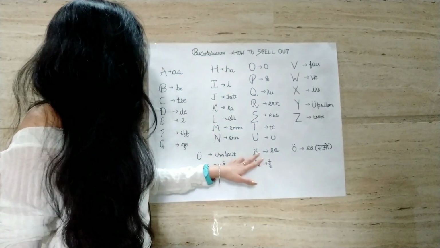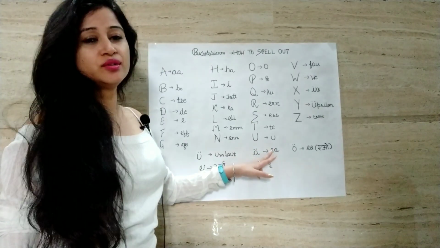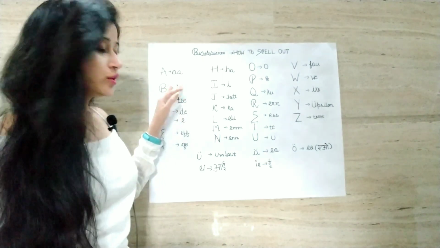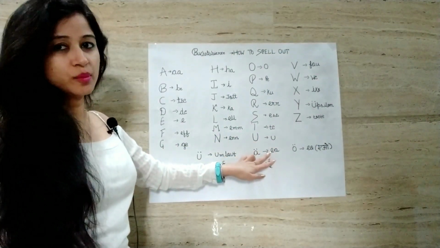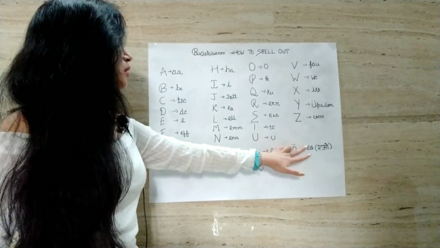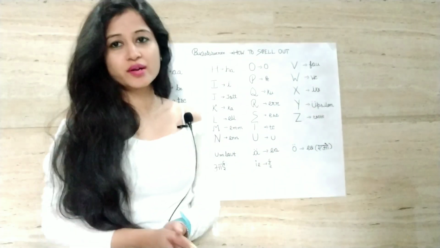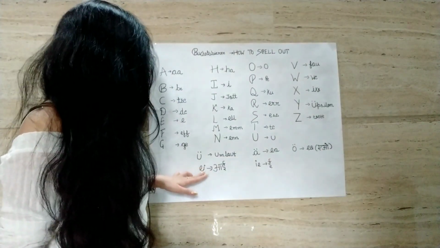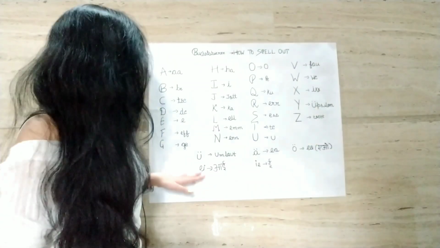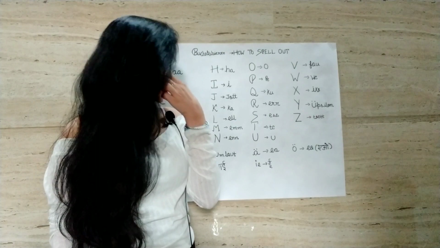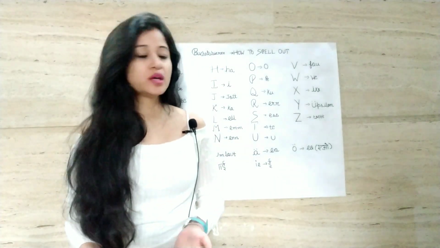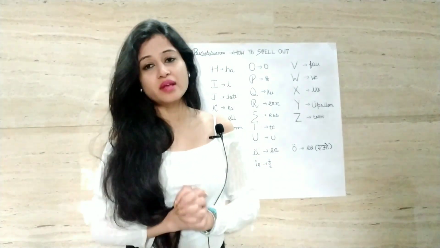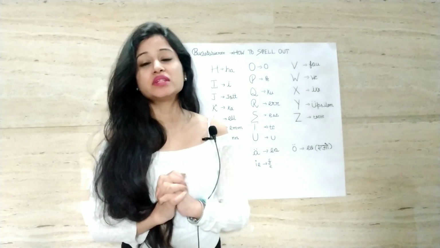Okay, A with two dots is known as A in German. Without any dot, A was pronounced as A, right? But with dots, it is pronounced as A in German. Okay, O with dots, it's known as AO. O with two dots is known as AO in German language. Apart from this, EI, when E and I are written together, first E then I, it becomes I in German language. EI is I in German, and whenever it is written IE, it becomes E. EI is I, and IE is pronounced as E in German.